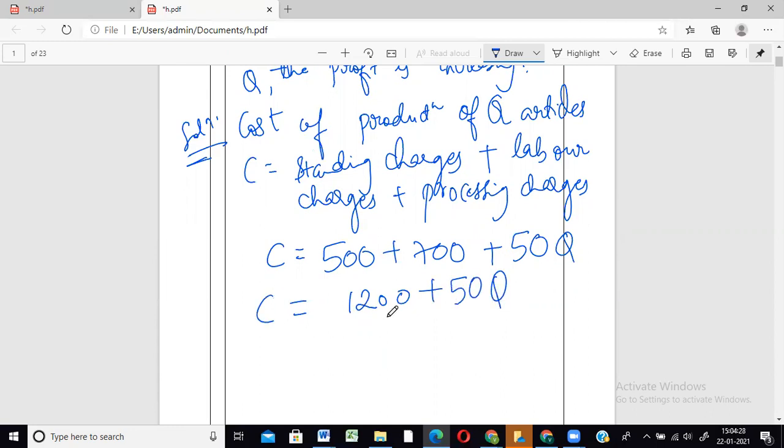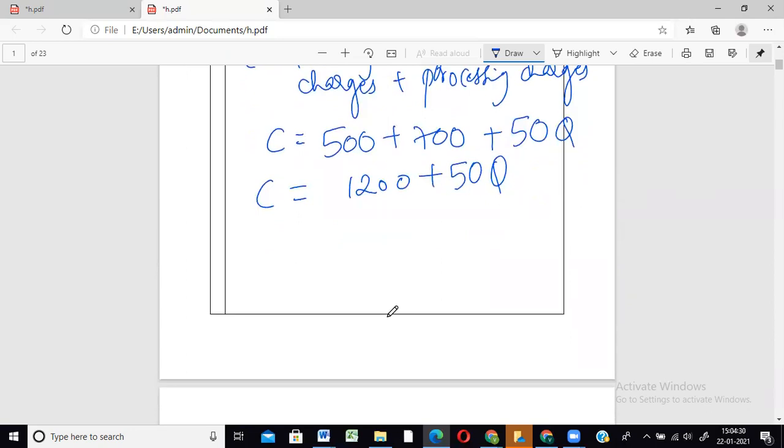Okay. Now coming to revenue, as I said, for profit we need both the functions, cost and revenue, and then it is easy to find out the profit function. Revenue, last time I had given you that formula, correct? For finding out revenue. The revenue was nothing but the price of one into quantity, correct? So that is called the total revenue.